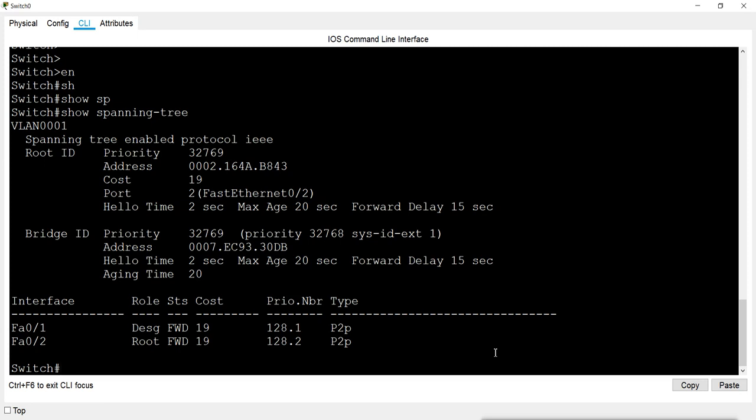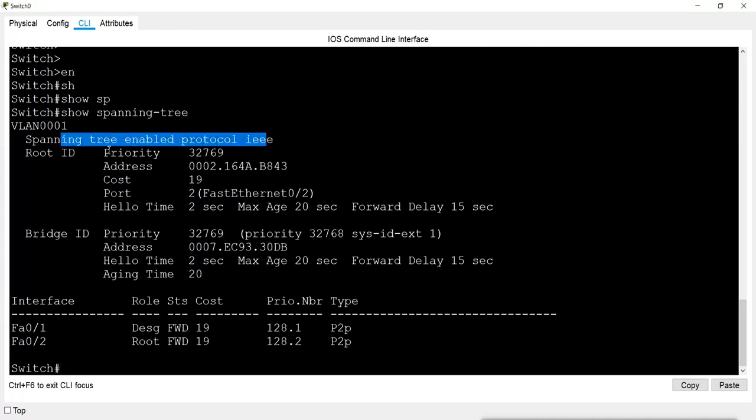Now what it is saying here, it is showing that the spanning tree is enabled, it is IEEE standard.